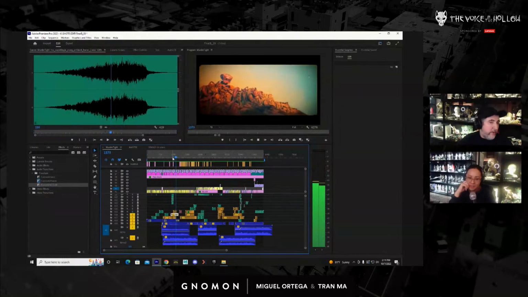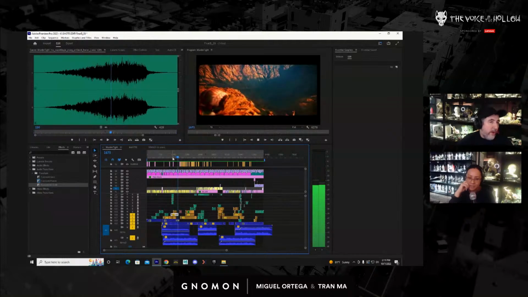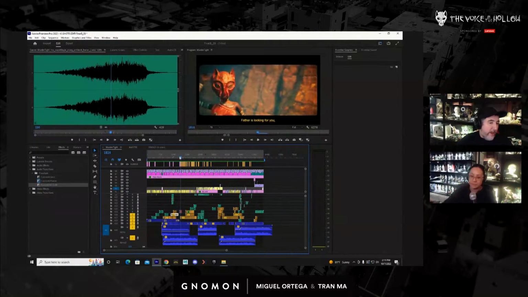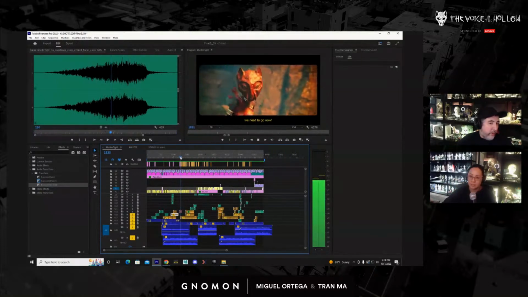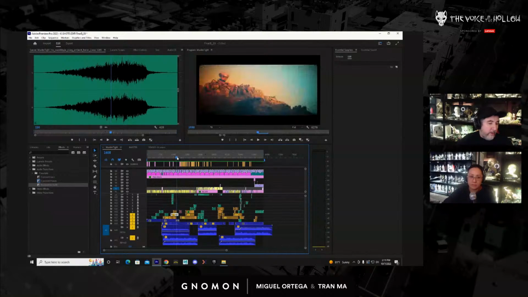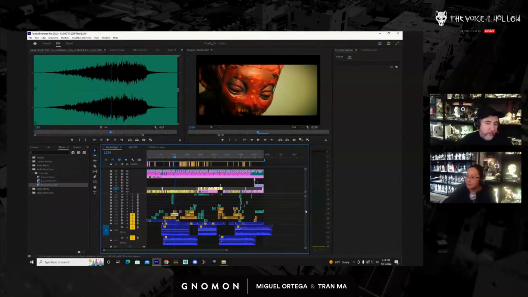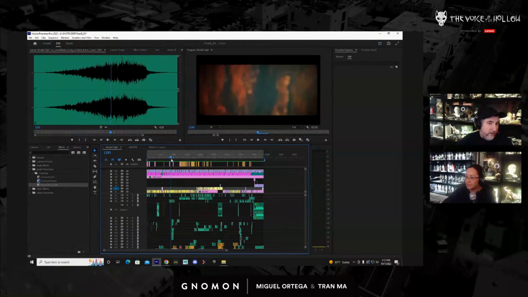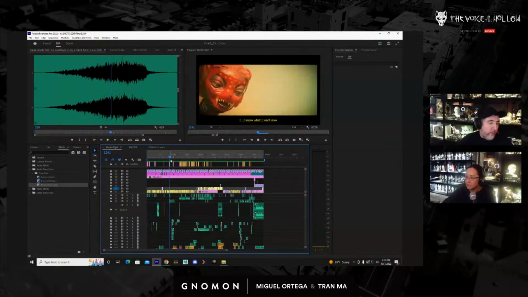You're building this moment up, like this thing is revealing this mask and this hole and basically telling her to come get it. You can see that has nothing yet, but there will be a bunch of sounds there. Another thing we did this week was giving the hollow a voice. We didn't have any sort of voice here. So you can see when she goes, I know what I want now.